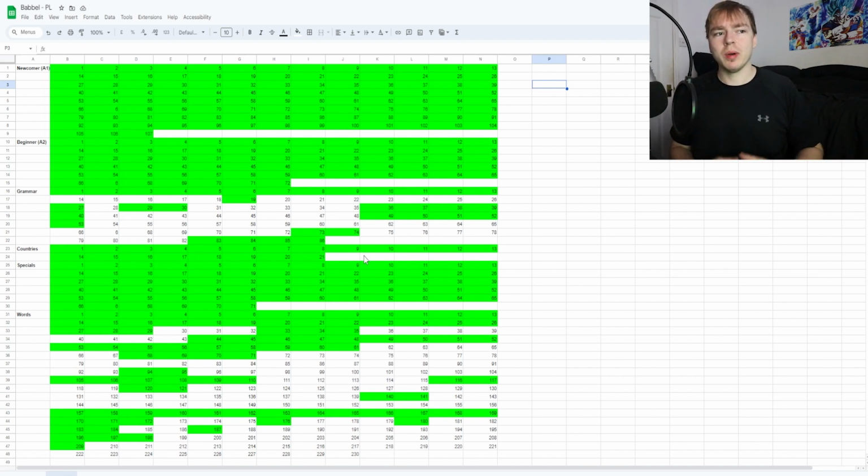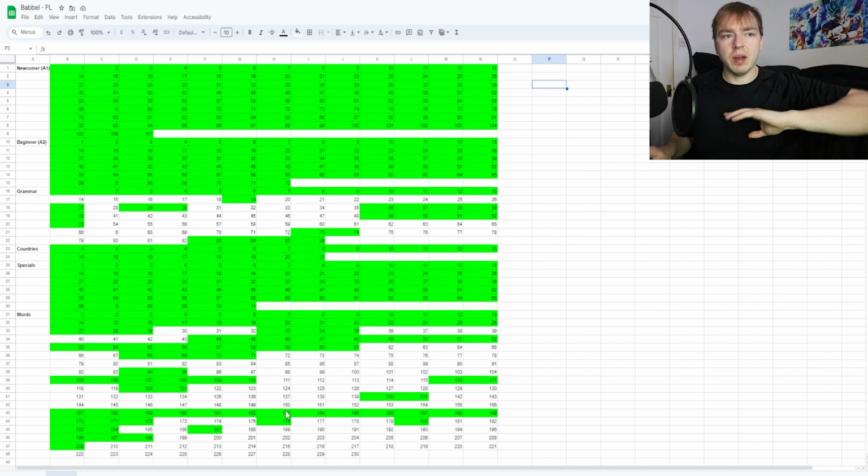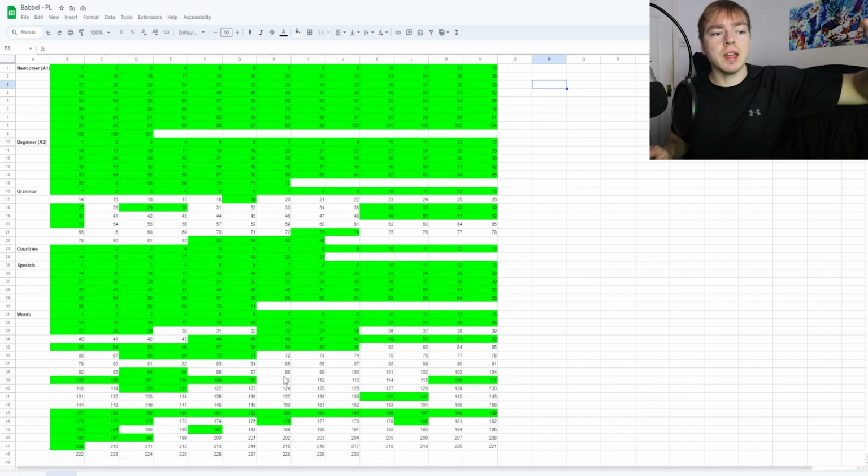And yeah, hopefully it'll give me that little bit more motivation to just get on with doing my Polish Babbel and actually completing it, because even after I complete the very last lesson and I do all of the grammar as well as all of the words and sentences, and that will fill out the whole chart that I have right here, obviously I'm not going to be fluent, but doing all of these extra lessons is going to help me. I enjoy doing Babbel. It's not like it's a chore for me. I enjoy doing them.